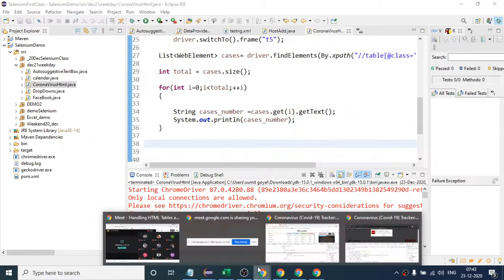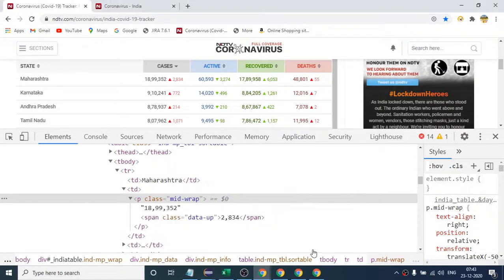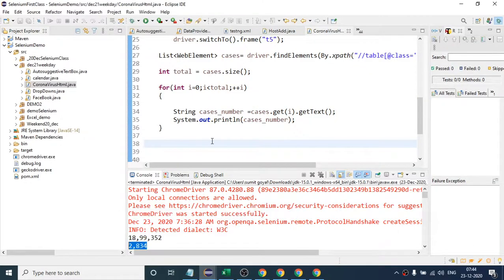Which means it will give you the text. So I have written the XPath till here. So this will give me this number as well, including the sub element. So this is how the getText is designed. So we should apply some logic so that we can only get this number. As per the definition, getText will give us both the numbers.